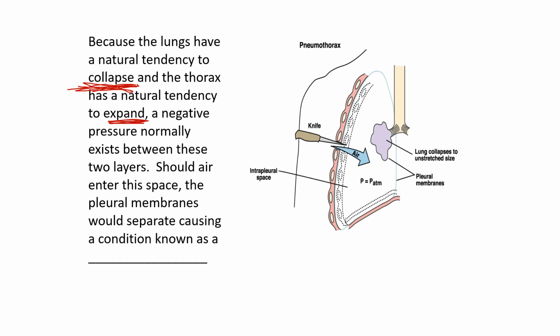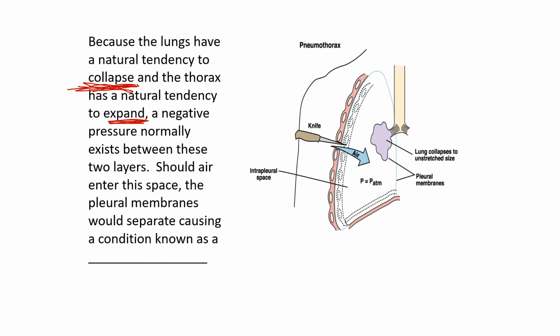So those are things that I could ask you. This push-pull, that tug-of-war, creates negative pressure between the two layers, so that the space between the visceral pleura and the parietal pleura is a vacuum. And if we put a hole in that vacuum, a hole from the outside of that vacuum of space,